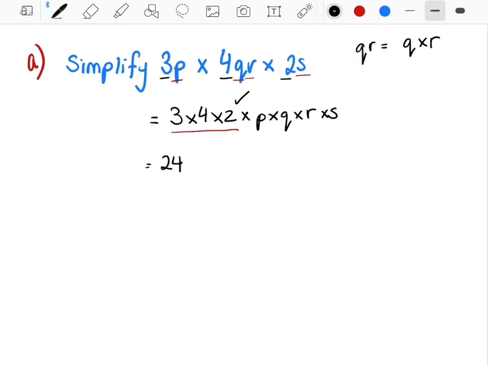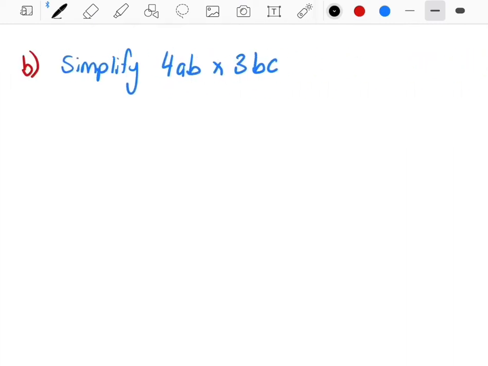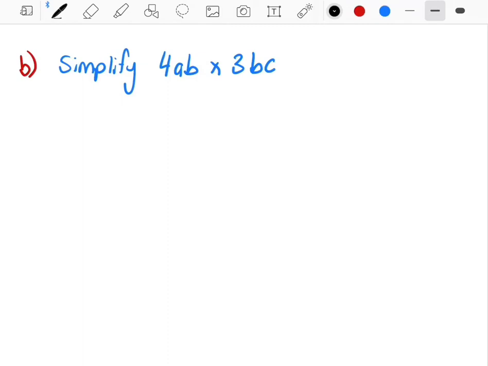Now if you go back to up here where I said QR equals Q times R, we just do that. And we're just going to get rid of the times and put them right next to each other. So you've got P, Q, R, S. And that one is as far as it goes. That is simplified down. We've gotten down to the minimum number of terms that we can. So that's good. So if we look at our second example, we've got simplify